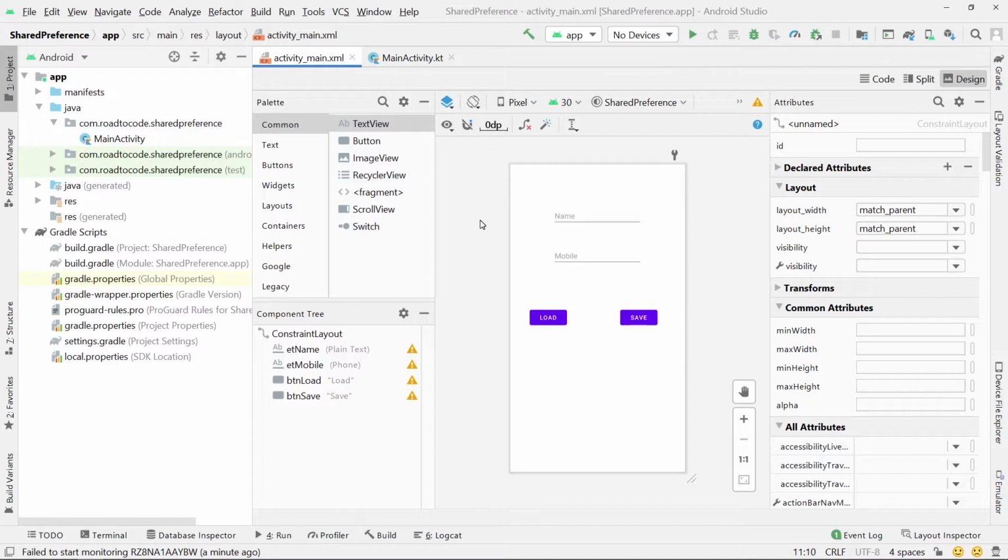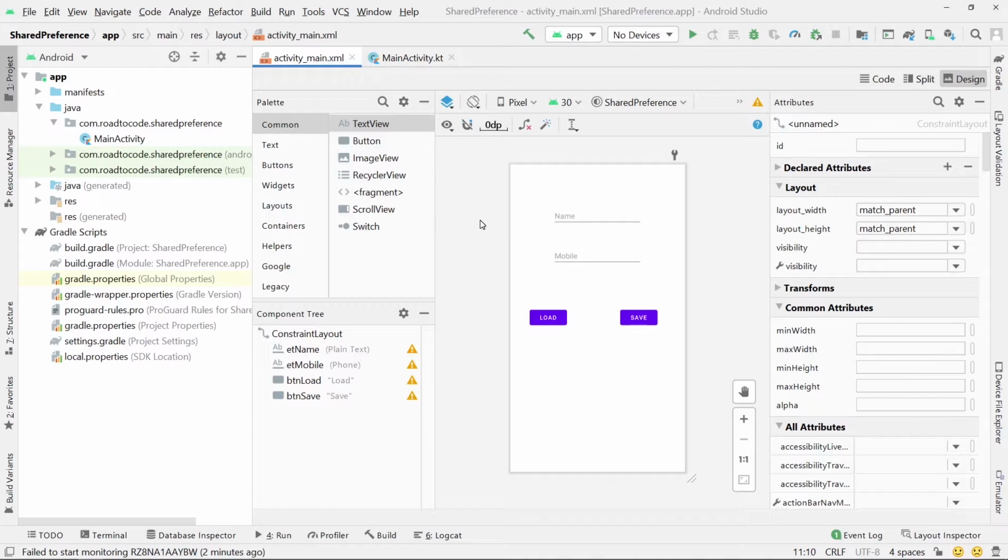For example, we have an application for the world clock and we want to store the preference of the user, whether he or she wants to get the time in 24 hours format or 12 hours format. So the user will save his or her preference for the first time, and whenever we open that application again, we will show the time based on his or her preferences. So without wasting time, let's get started.